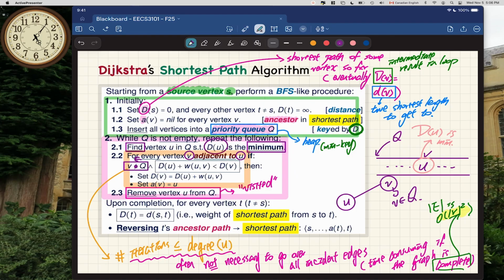Okay. And then you can imagine that we have certain value here. We got D of U right here. And then we have a weight. So this is the weight between U and V. And there is some D value as well for V, which is D of V. So we got this one here, we got this one here, and we got this one here, right? This equation here,